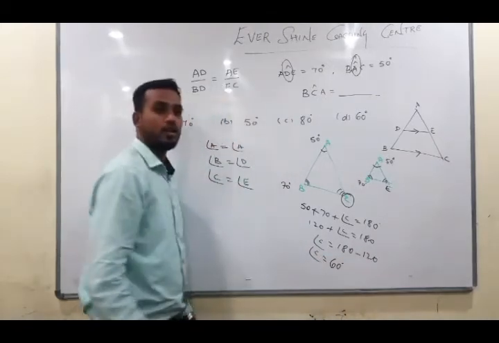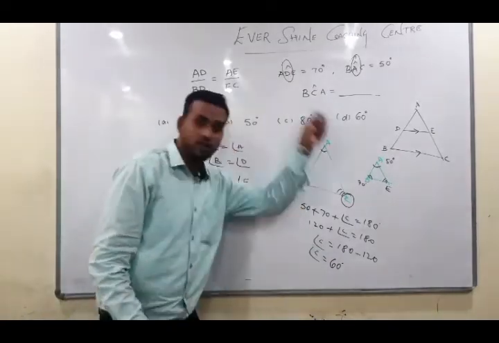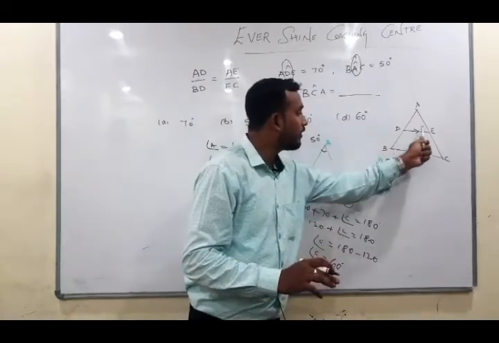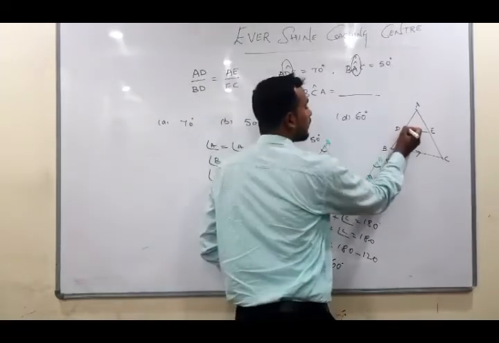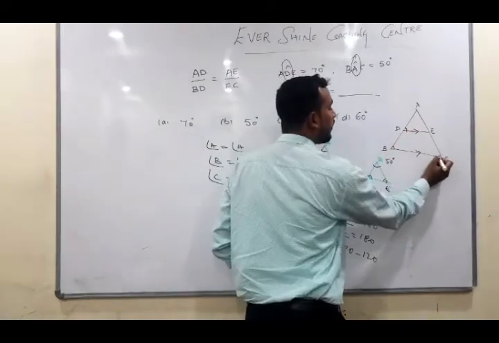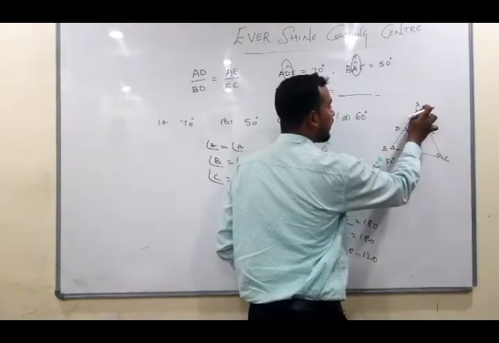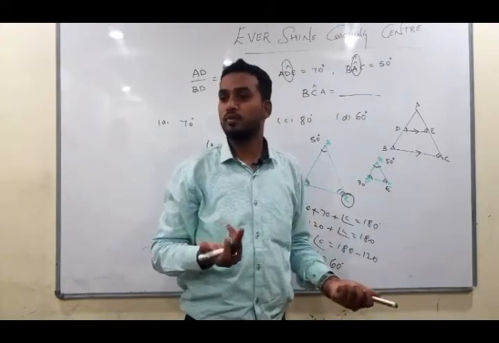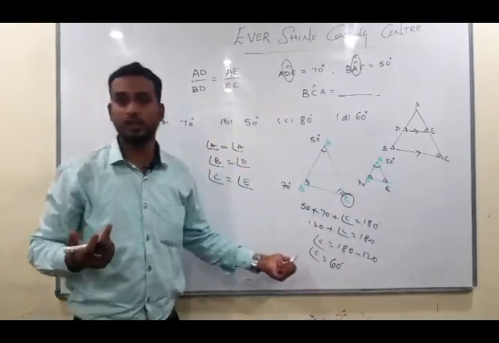Any doubt? Today understood? In the exam you need not do all these circles. Remember, this angle both are equal. This angle both are equal. This angle and this angle both are equal. For this triangle it is angle A, even for this small triangle it is also angle A. Common sense has to be applied. But here I have defined the complete answer and explained it.